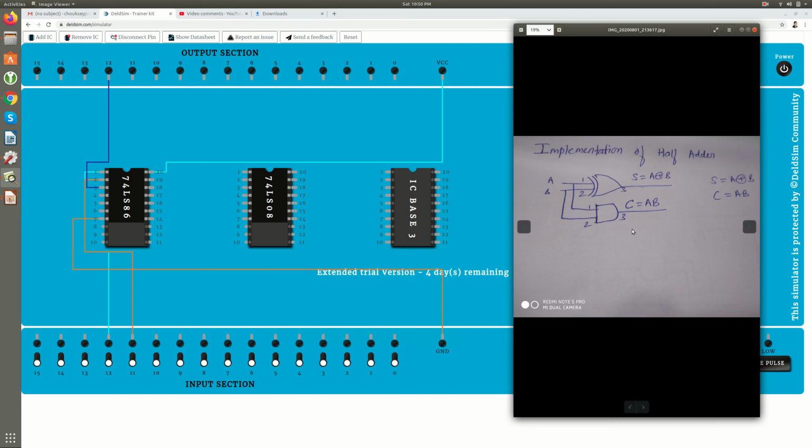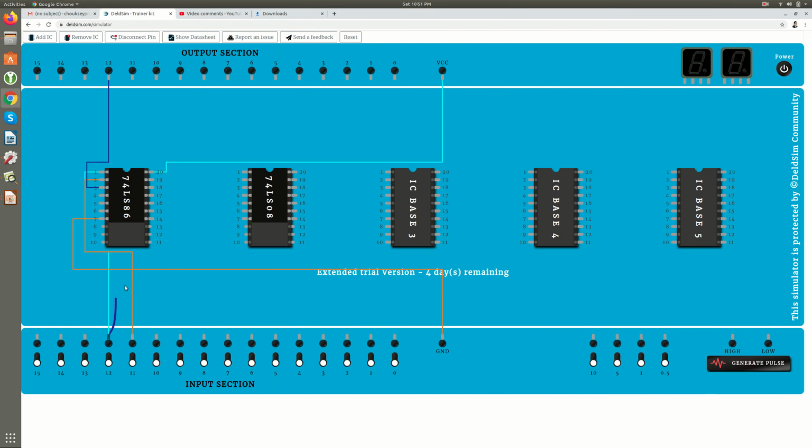Now we have to make connections for the AND gate, right? This same input A and B is the input to this AND gate. So this is input A, and this is the B input to the AND gate.